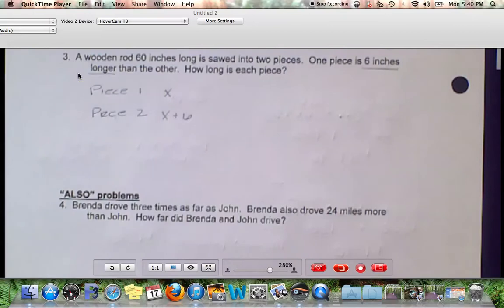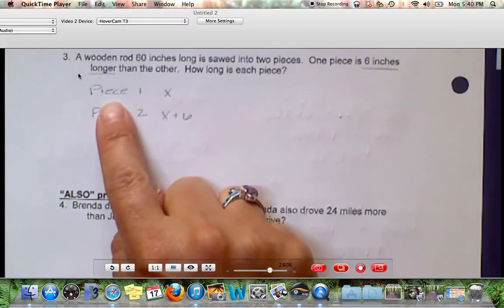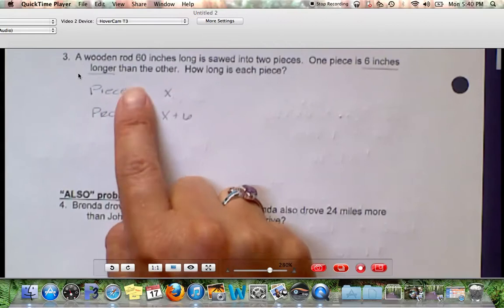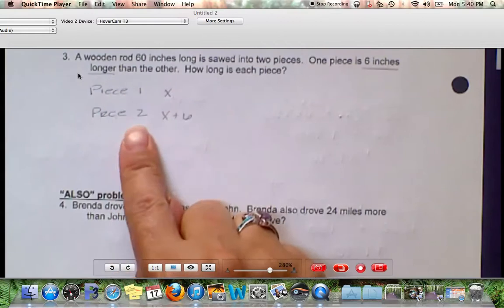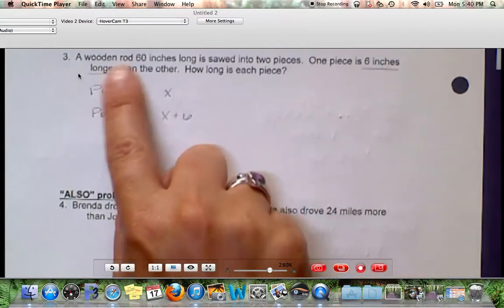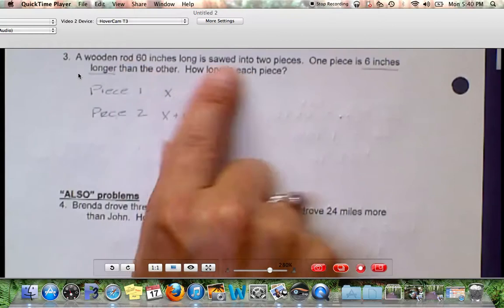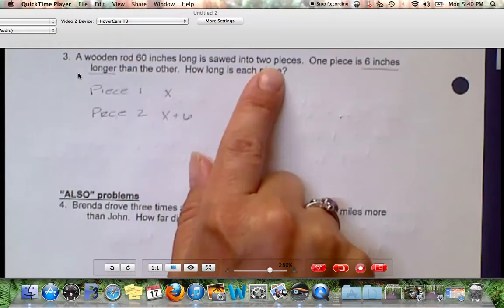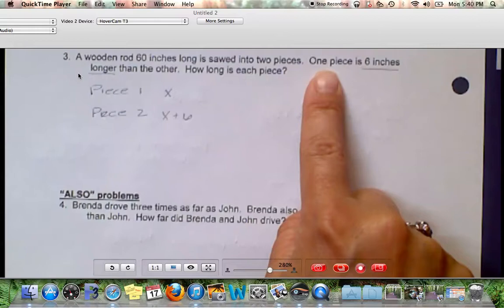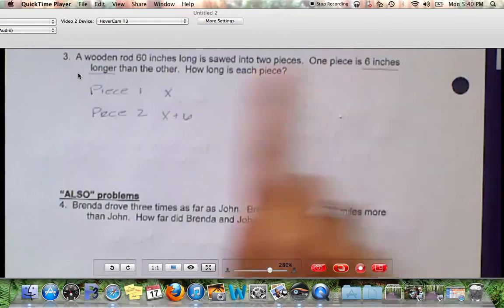So the first thing you want to do is set up your two pieces. It doesn't matter what you call them. Piece A, piece B, piece 1, piece 2. It doesn't matter. And as we read through this first sentence, all this is going to give us from the beginning is that we have two pieces. We need to move on to the second sentence where it says one piece is 6 inches longer than the